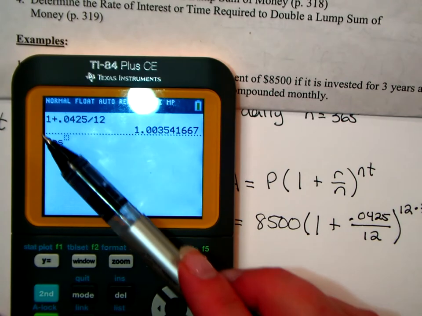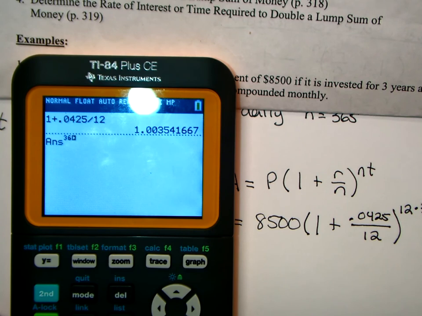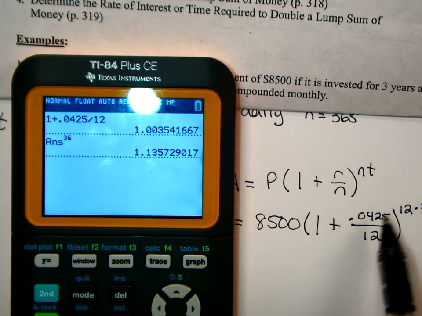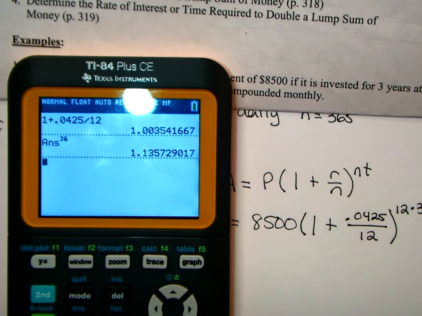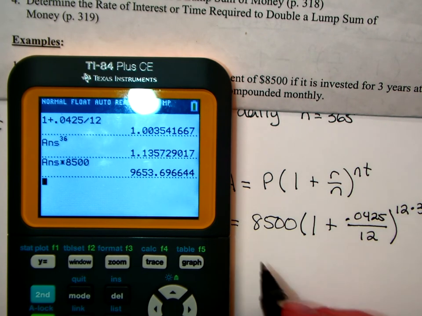Notice your calculator takes the previous answer, you raise it to the 36th power and hit enter. Now we get a new decimal, 1.135. We've done the parentheses, we've done the exponents, now we're going to do our multiplication. So multiply that answer times 8,500, and we get our answer